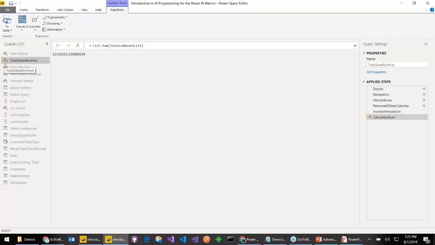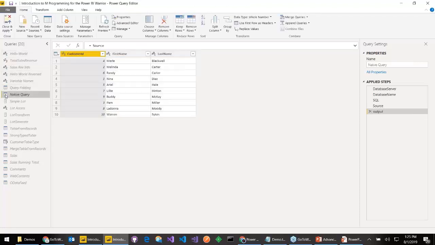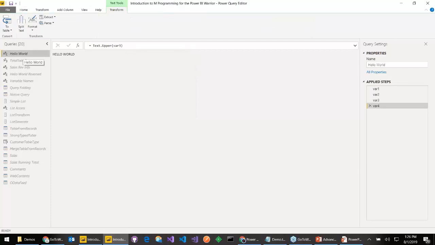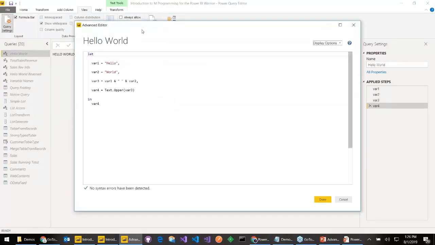This one returns 1, 2, 3. It returns an integer value. You can see that some queries return a table. That's what we expect most queries to return. But you can also see that some return a list. But if you have a query, such as hello world, now let's go back here and see that